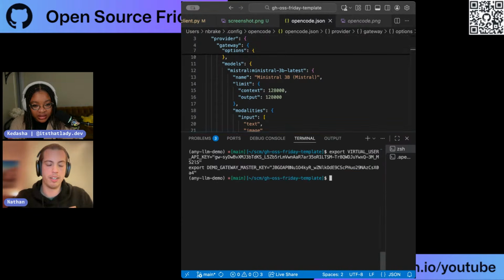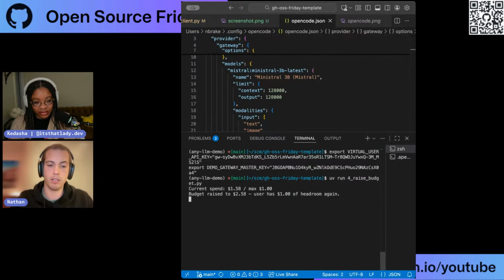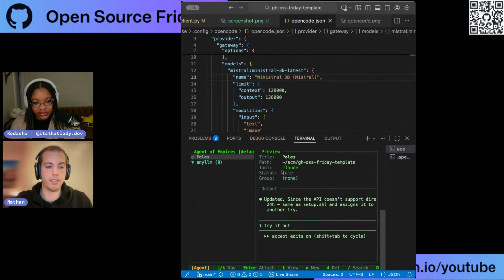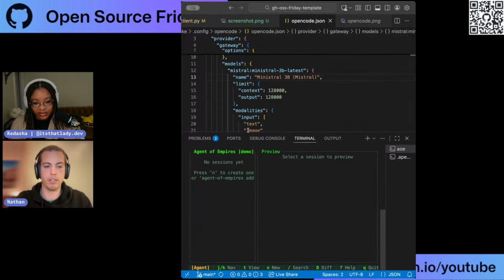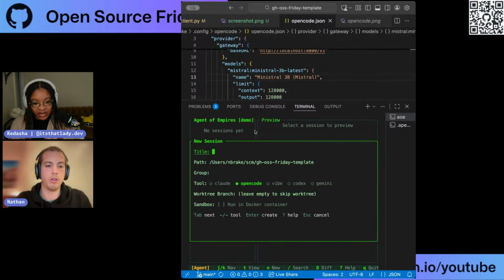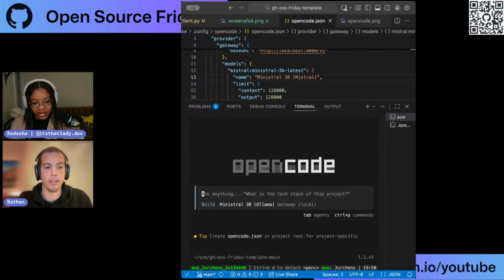Ooh, if I made the request now, it would be out of budget, so OpenCode would throw an error. So I already wrote a script to bump that person's budget up by $1. So this user is now free again to use the service. So we updated this, and now we're going to run. This is like the pet project I've been working on, which is basically just a Claude Code session manager. So this helps you manage all of your sessions, and we'll connect it to OpenCode, and then it'll launch in.